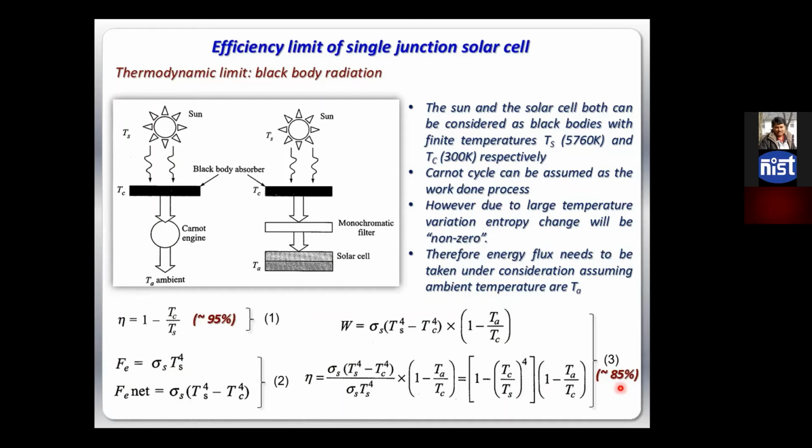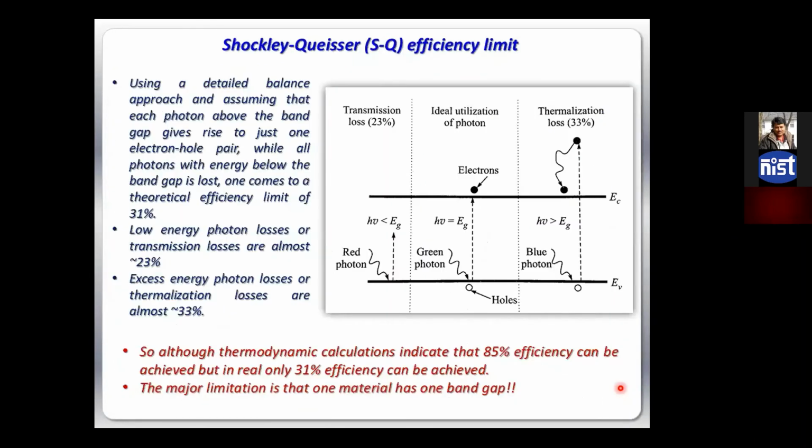So thermodynamics, the law of physics, is saying that you can convert 85%. I mean, if somebody can come up with a plan for an 85% conversion for a solar cell, he will readily get the Nobel Prize, right? So 85% is allowed by the laws of physics and thermodynamics, and we are getting only 31%. So what is the problem? There lies the Shockley-Queisser limit. The Shockley-Queisser limit we already discussed in terms of other